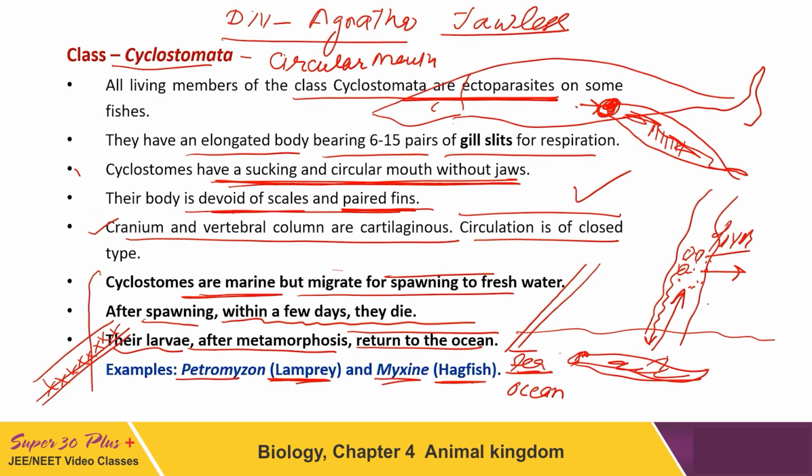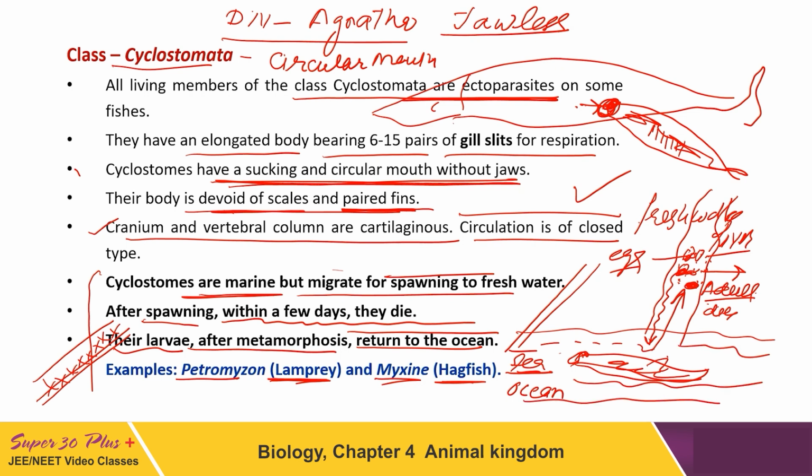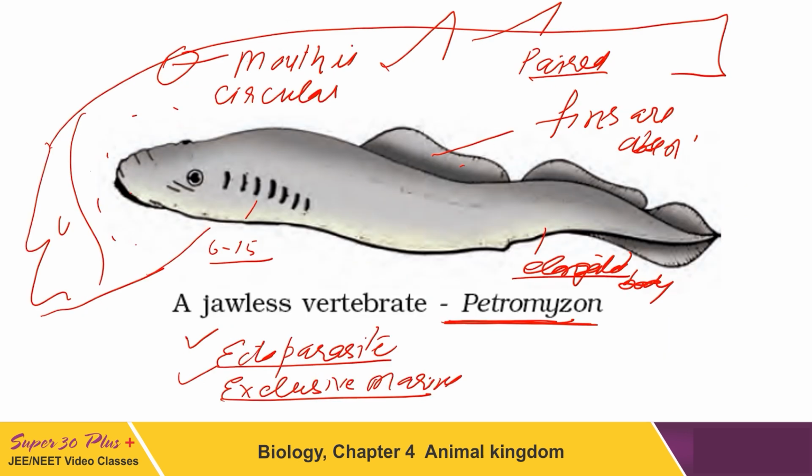Important point, for spawning purposes, they will move to the river, they will move to fresh water. They will lay the eggs here, that is spawning will be done, and after that, the adults which are left here will die here only in the river. And after metamorphosis, the larva will then return back to sea water. Very important point this is. Okay children, so this is about